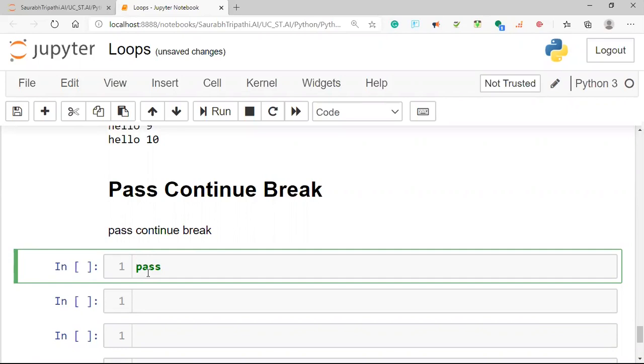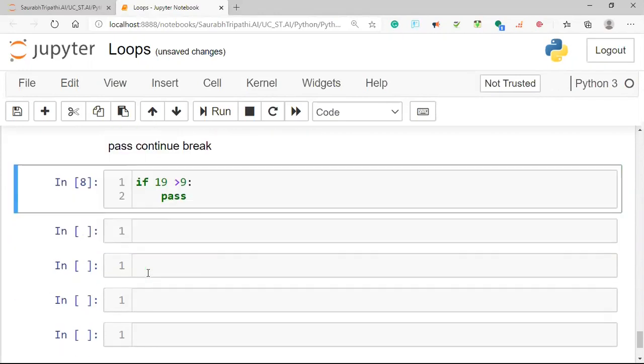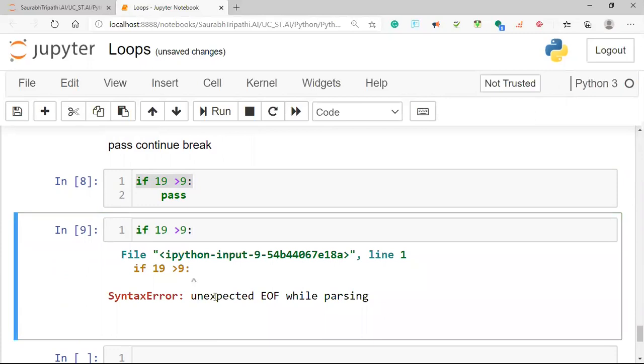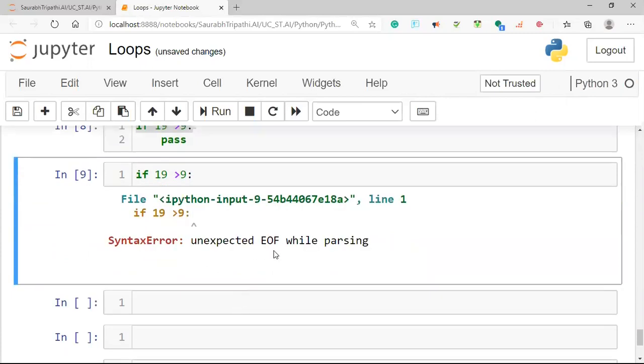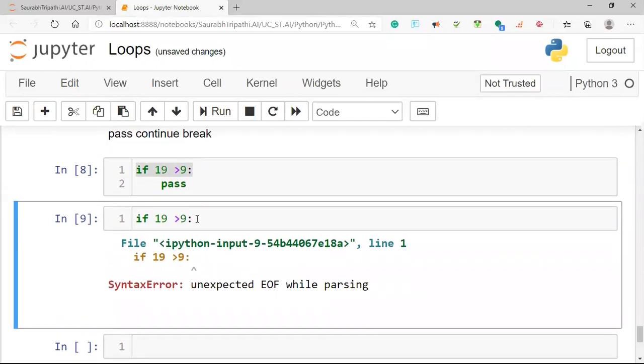So where we want to use pass, say an if condition. So if say 19 is greater than 20, or say 9, pass. Now do nothing. When you run this, you see that I'm not getting any error. The condition is executed perfectly. So if you give the same condition like this, and do not give any body, you will get an error, an unexpected EOF or end of line while parsing. So you're getting an error when you're not passing any body. So if you don't want to define any body at the moment, you can simply use pass, and by using pass, you can keep running your code, and you don't have to go through the error.